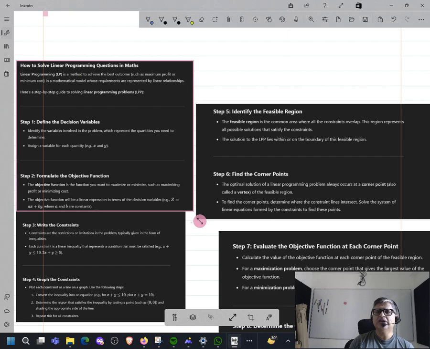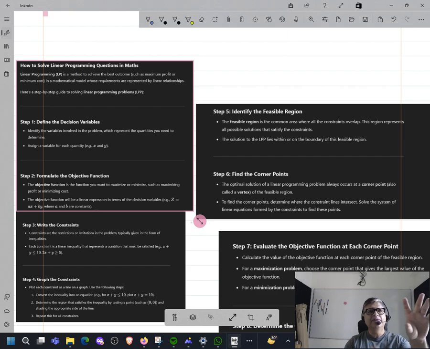So you may be given the cost of one chair and one table, and you have decided to let the number of chairs be x and the number of tables be y, right? So you can write a cost function, 250x plus 20y. That's your objective function. Now your goal is to handle this objective function, right?